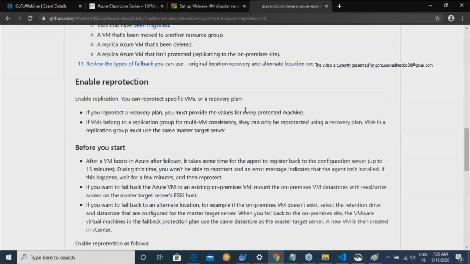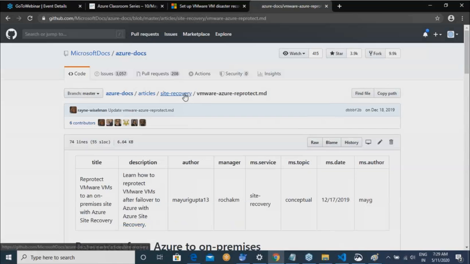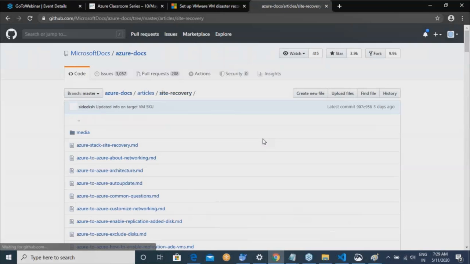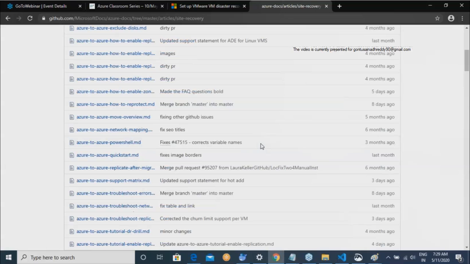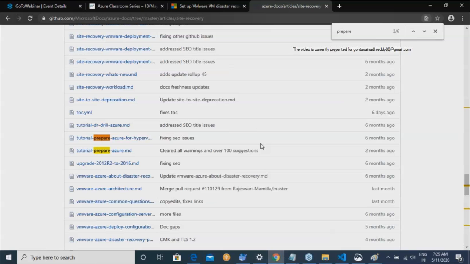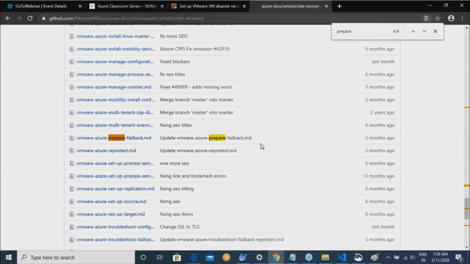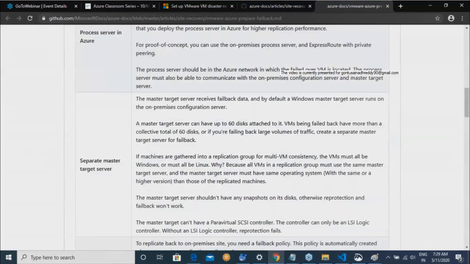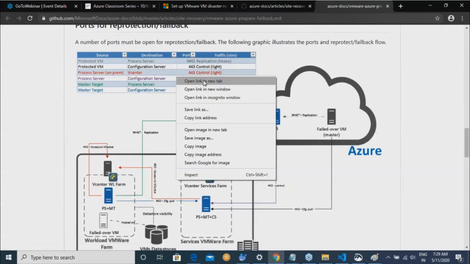There is one image where they basically speak about Site recovery. Yeah, good, good. This is what I was looking out for.